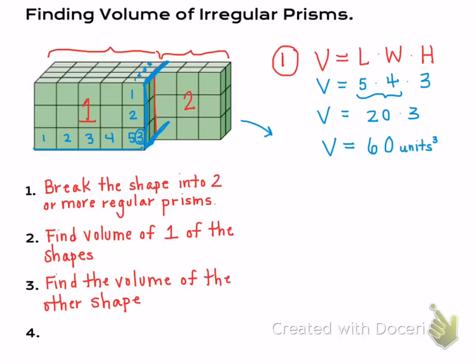So now I'm looking at number 2. Again, volume equals length times width times height. Okay, so we're looking at the second one now. I can see the length is right here. I see that it's 1, 2, 3 for my length,